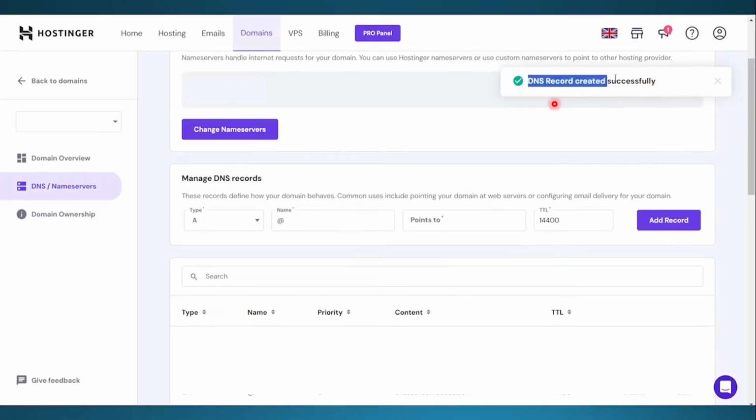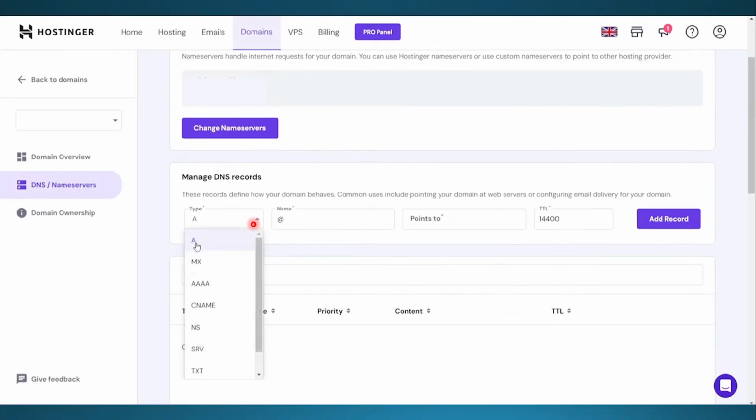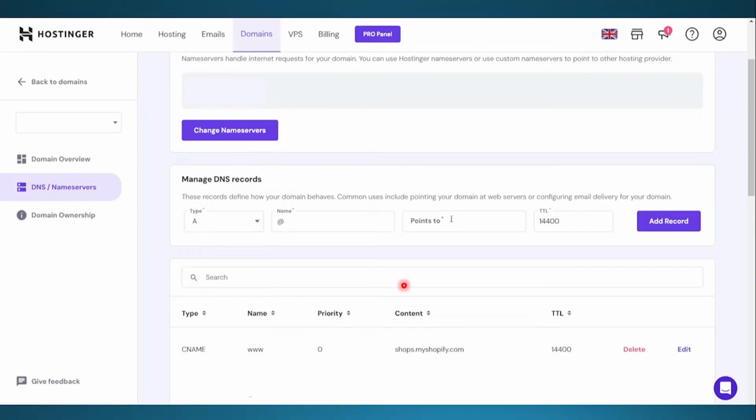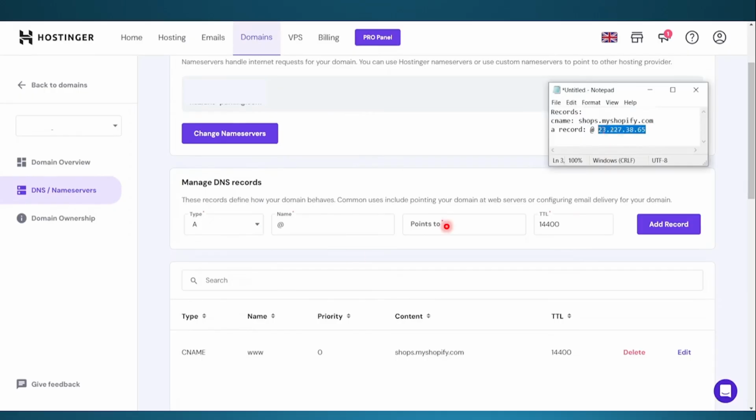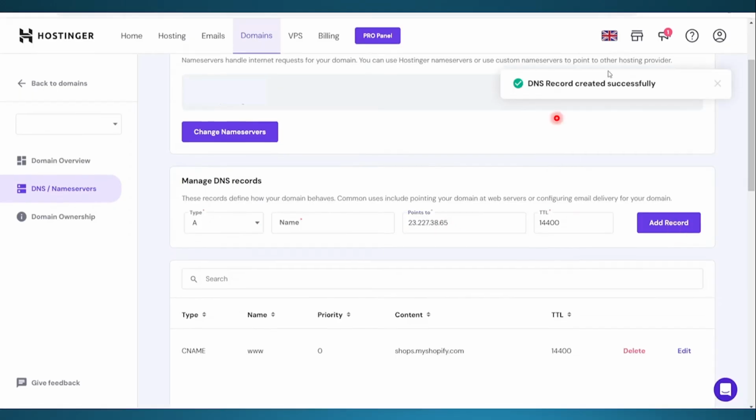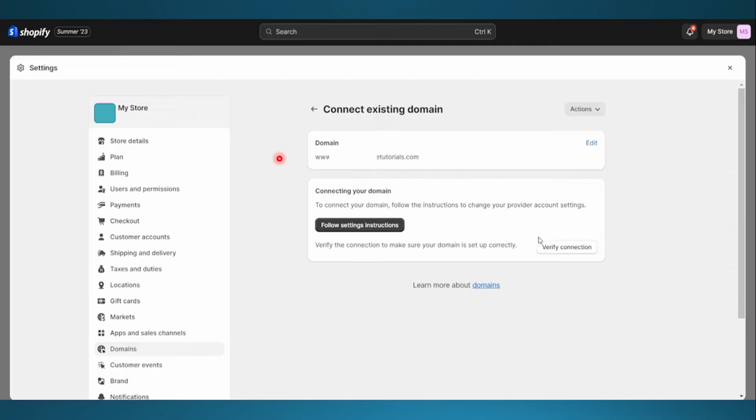So as you can see, it's been added successfully. Do the same thing for A, right? You add the record accordingly, just paste that in the A record, and then that's where it points to. Add that. Once the DNS records have been successfully created, what you do is you go to Shopify, you click